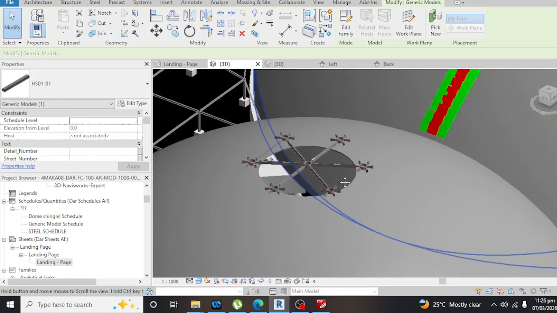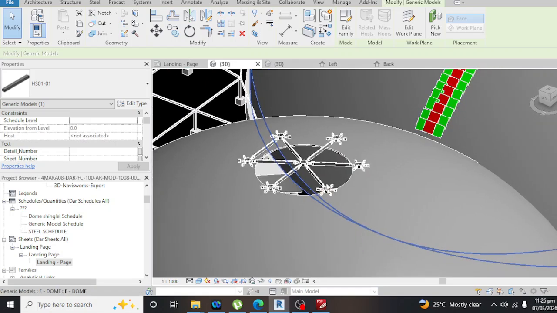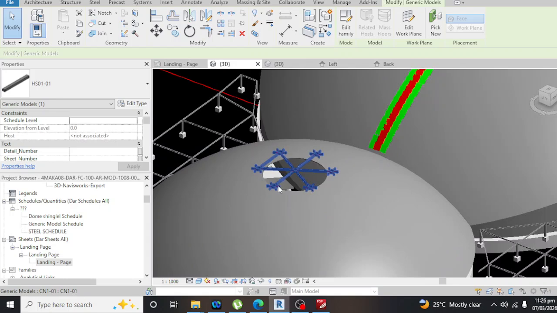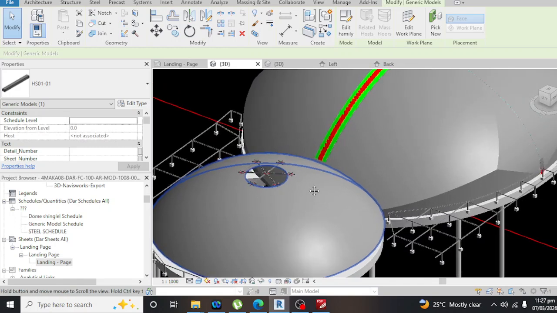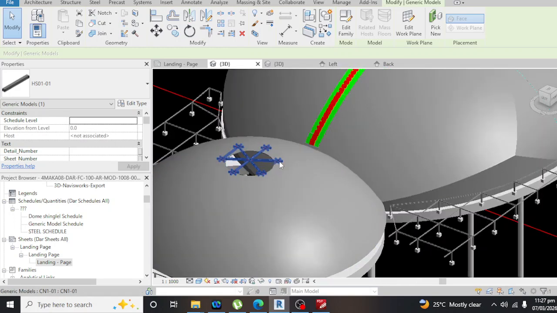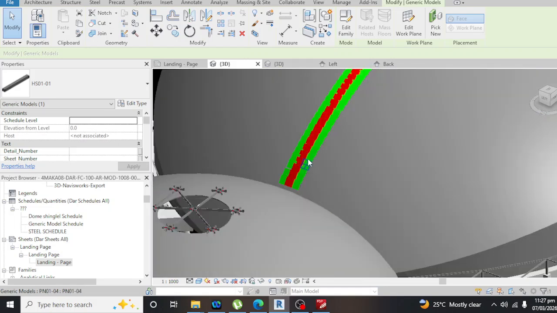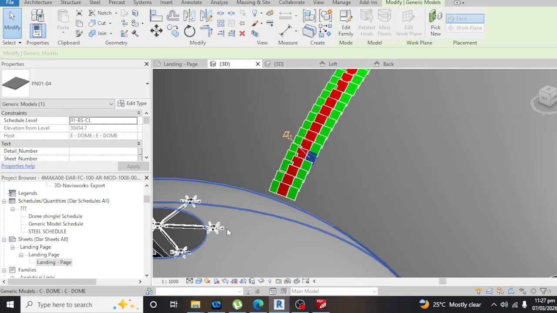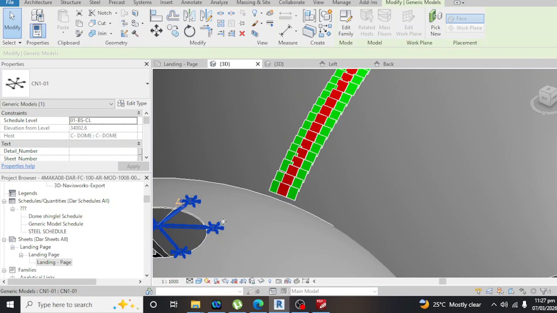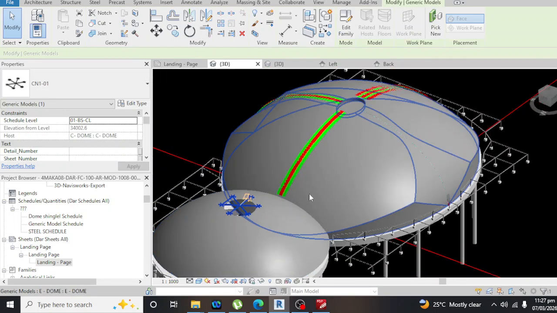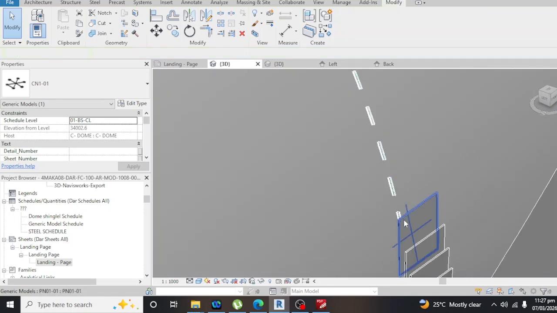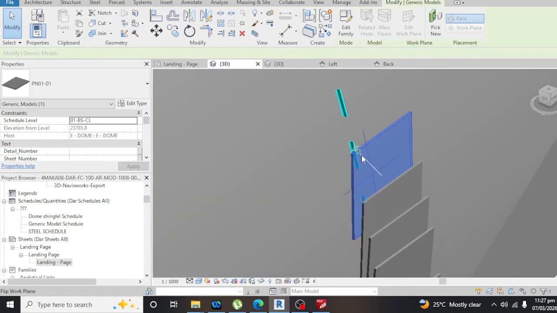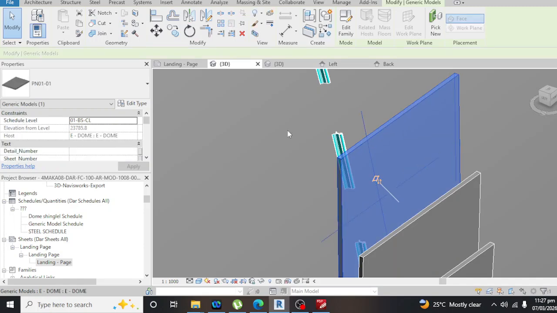What I heard in the meeting is that all the subcontractors on this project cannot make Revit families for each of the panels, each of the parts that they're going to use. That's why, guys, I made this video to let you know that Revit can make every panel, every part of the curtain wall. This is a 2 mm thick panel.